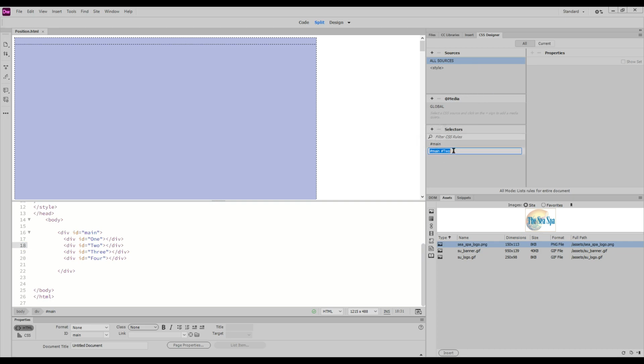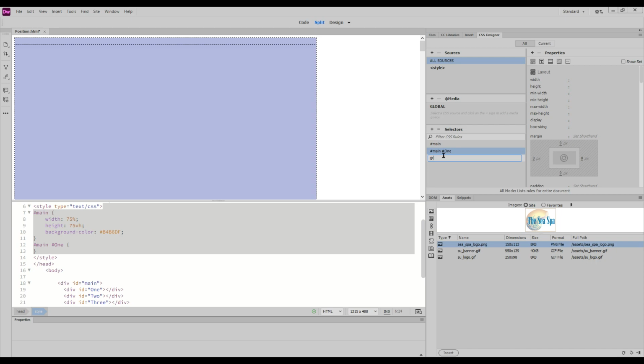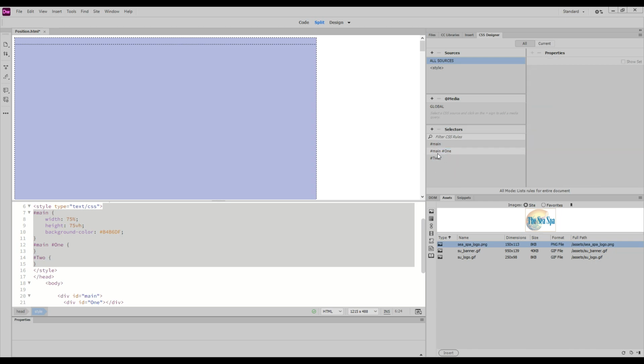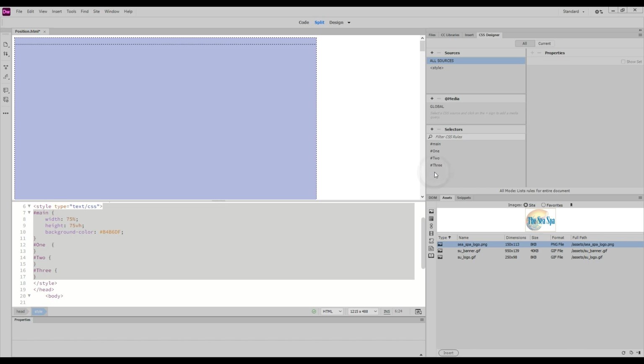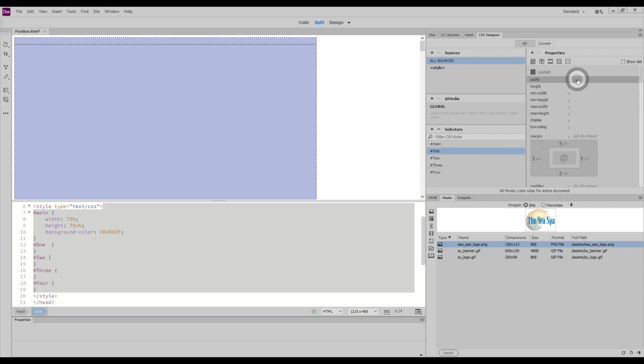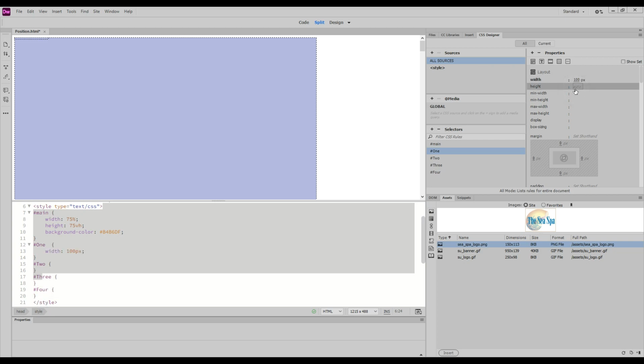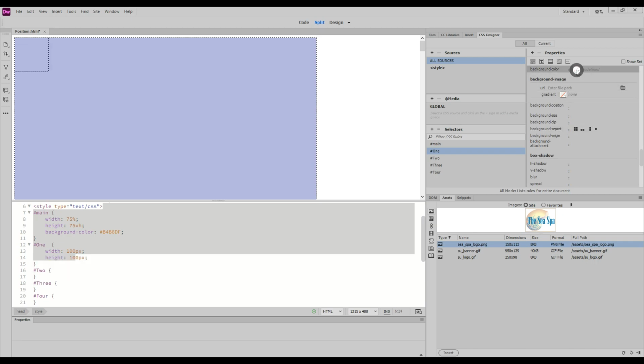Let's go ahead and create some more CSS rules for 1, 2, 3, and 4. And what we're going to do is we're going to have each one of those a set height and width for demonstration purposes and a color. So I'm going to make one red,